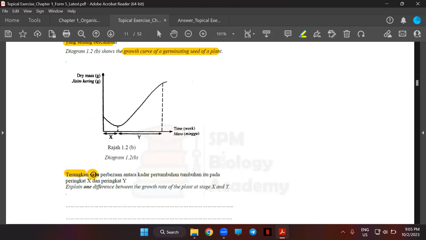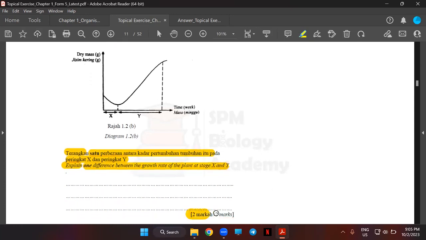Terangkan satu perbezaan antara kadar pertumbuhan tumbuhan itu pada peringkat X dan peringkat Y. Explain one difference between the growth rate of the plant at stage X and Y. How many marks? 2 marks. Okay, soalan ada 2 bahagian. Bahagian pertama,